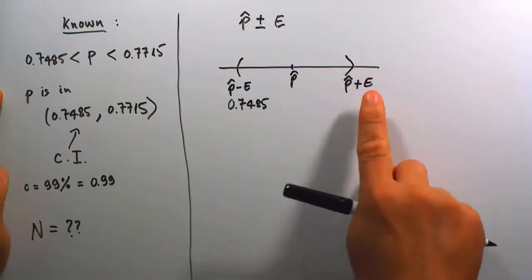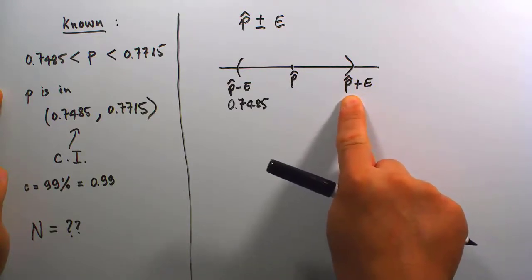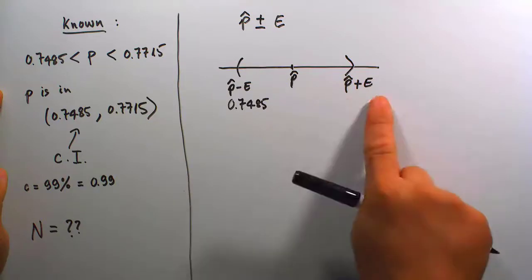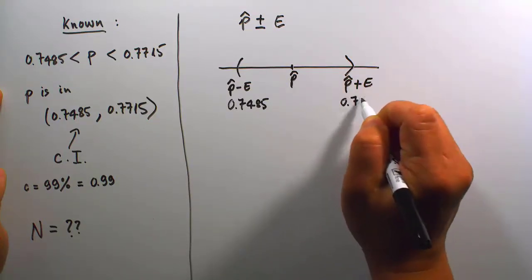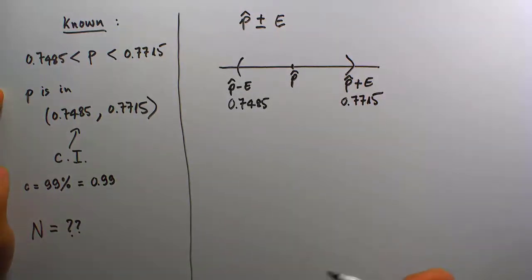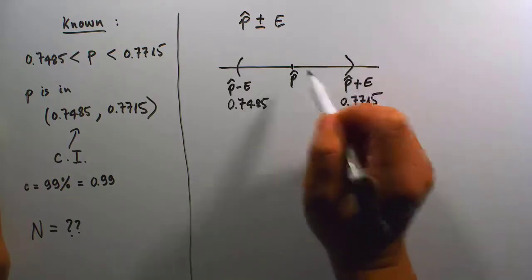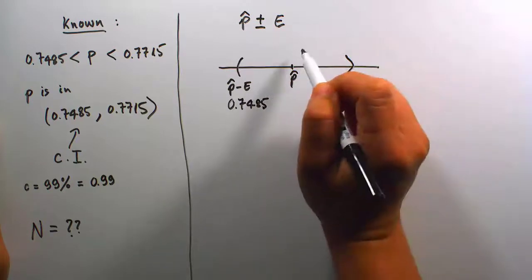And for the high end, as a reminder again, we still don't know the values of the sample proportion and the margin of error, but we already knew that the high end is 0.7715. So at this point, anyone viewing this video is starting to have a plan in mind. The margin of error, as I have already explained, I'll explain again, the margin of error, in other words,